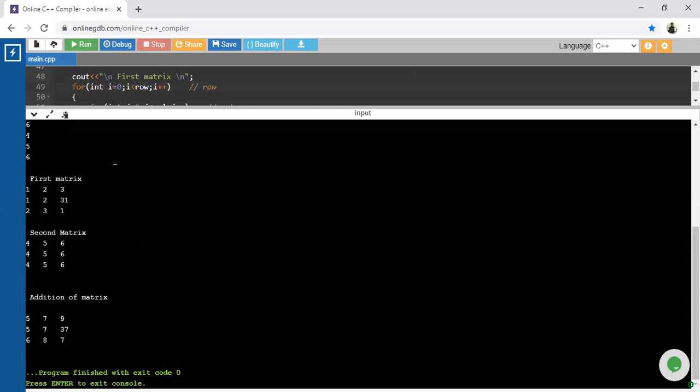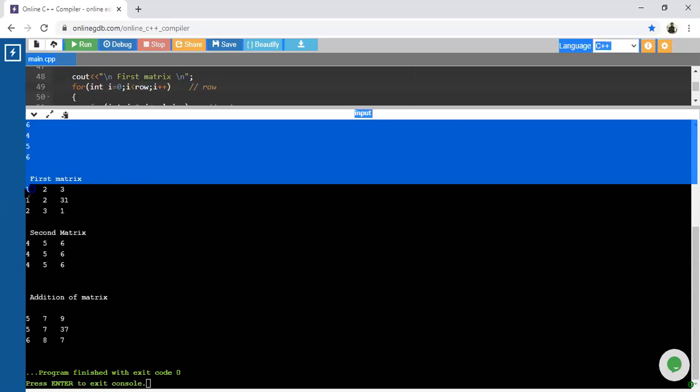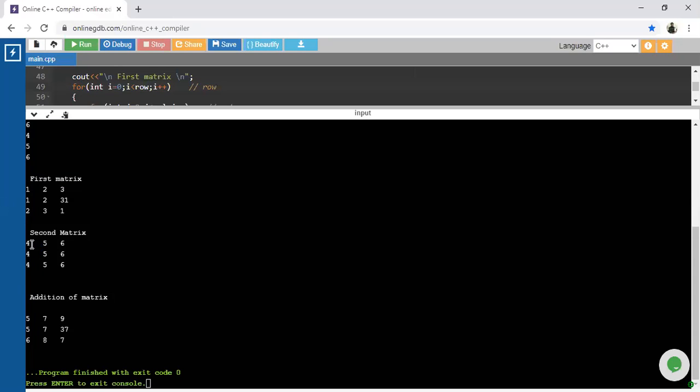Now look, guys, this is our first matrix: 1, 2, 3, 1, 2, 3, 1, 2, 3. Second matrix: 4, 5, 6, 4, 5, 6, 4, 5, 6. Now look at the addition. The zeroth index of the first matrix, 0, 0, that is one value, is added with the second matrix value 4. So 4 plus 1, that is 5, which is available inside the third matrix.